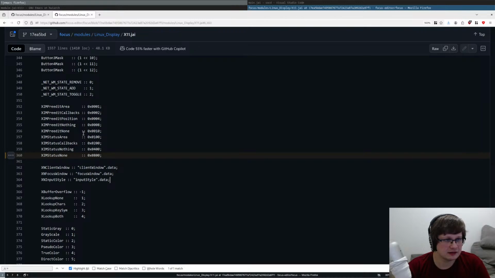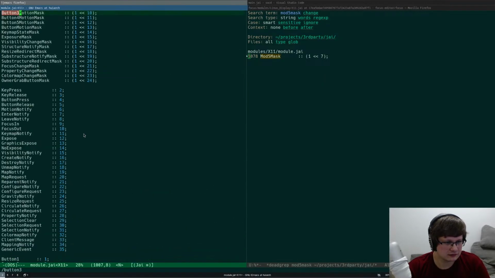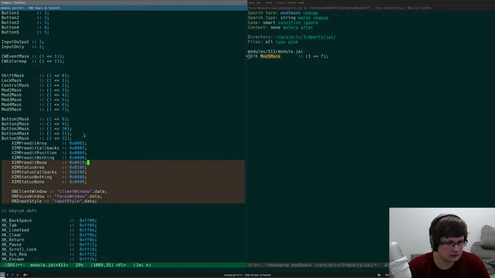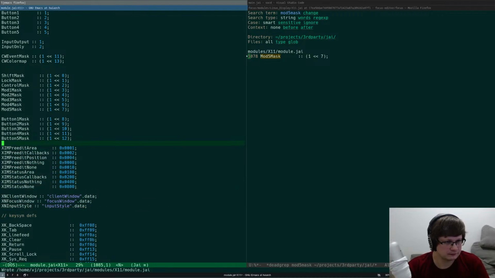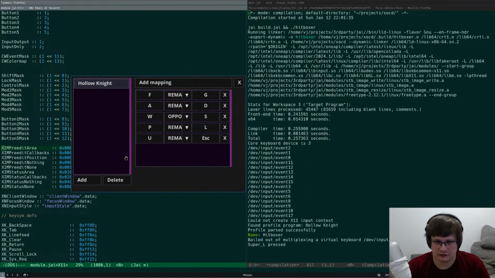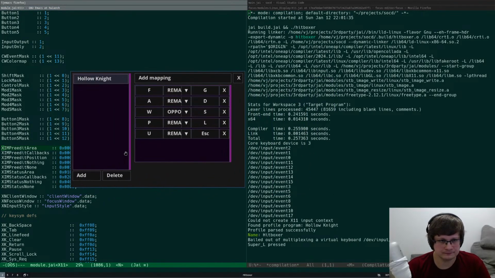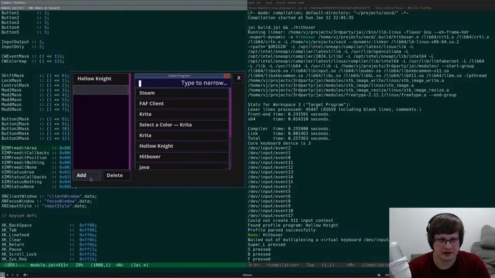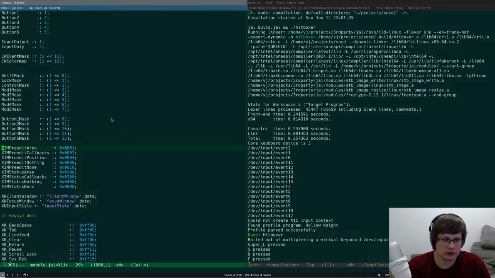A button 3 mask. I'll just put it here. Right. So and now we compile. Yeah. And I think it doesn't even crash by default. Yeah. Now when we go in this module, in the X11 module,